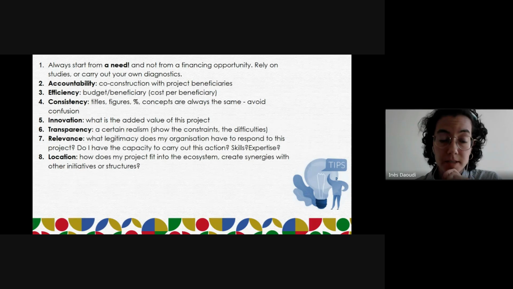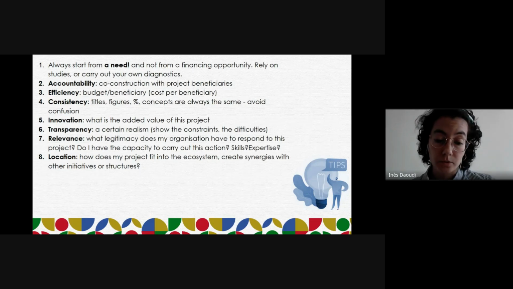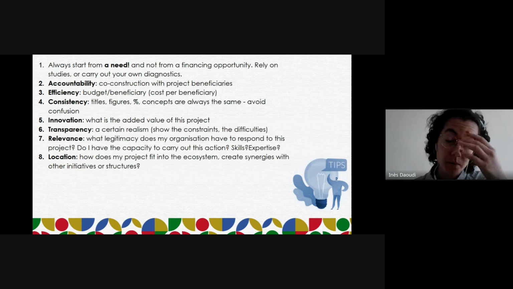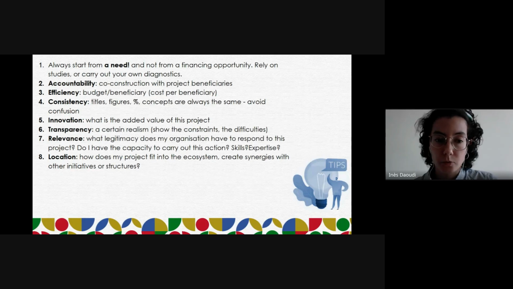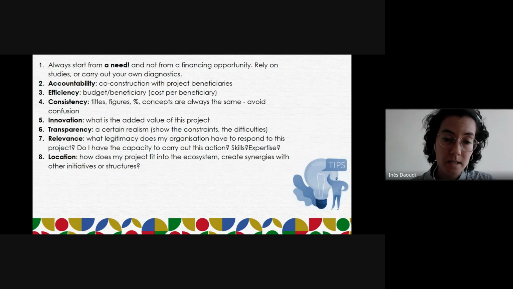Then in terms of efficiency, you need to think about the budget. We talked a lot about the narrative part of the proposal, but there is also the budget part, which is very important, and about the cost per beneficiary. Once again, it will really depend on the donor. For example, some public donors want quantitative impact. They want you to reach a lot of beneficiaries, so it has to be less budget per beneficiary. So you need to think about activities that are not too expensive, if I may say.